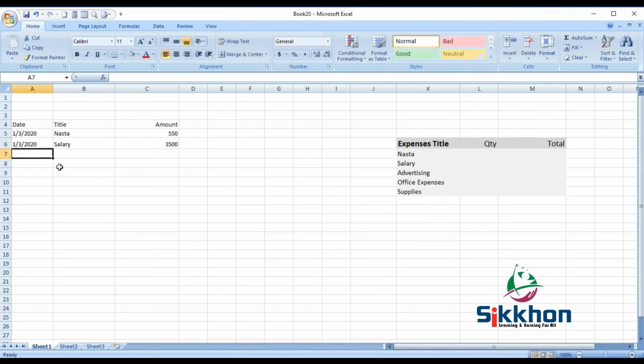3,500. In the same way 2/3/2020. For example, if I write here advertisement, then simply copy this, and here I write 2500, 2/3/2020, and in the same way here we write NASTA. Let us write here 1500, 3/3/2020. So in this way, we are going to write down our daily expenses and keep on giving the